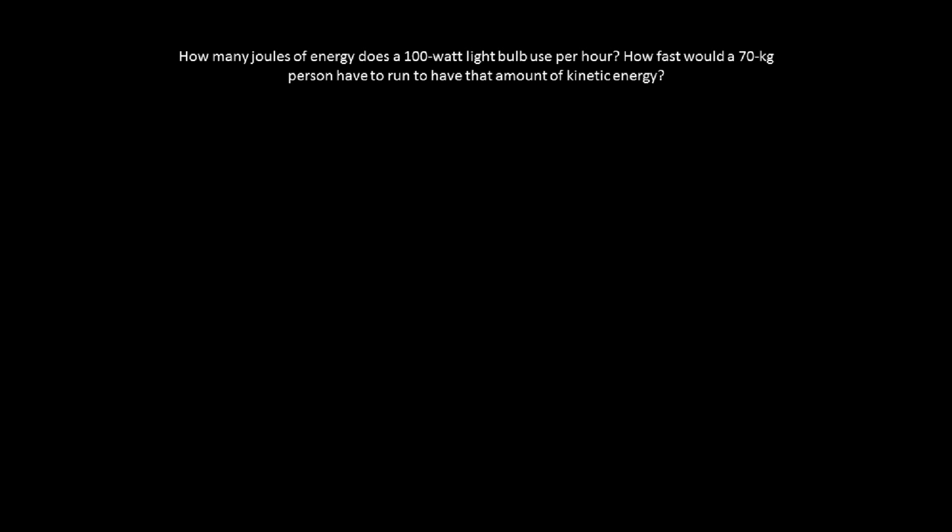In our previous slide, the formula for power is work divided by time. Now we solve for W, which gives us power times time. Then we substitute the value, so this will be 100 watts